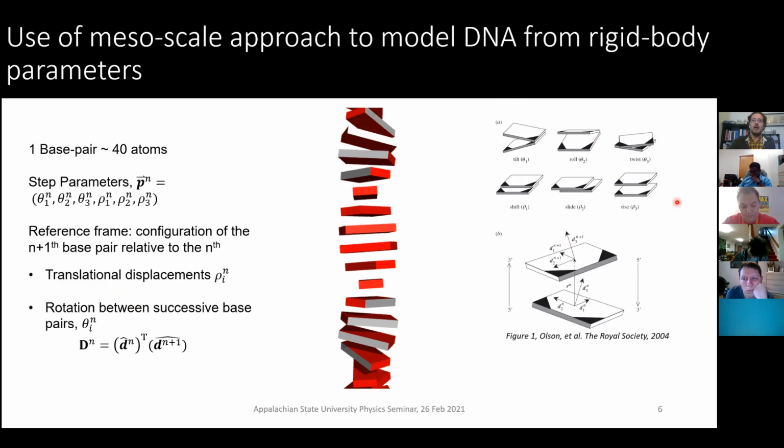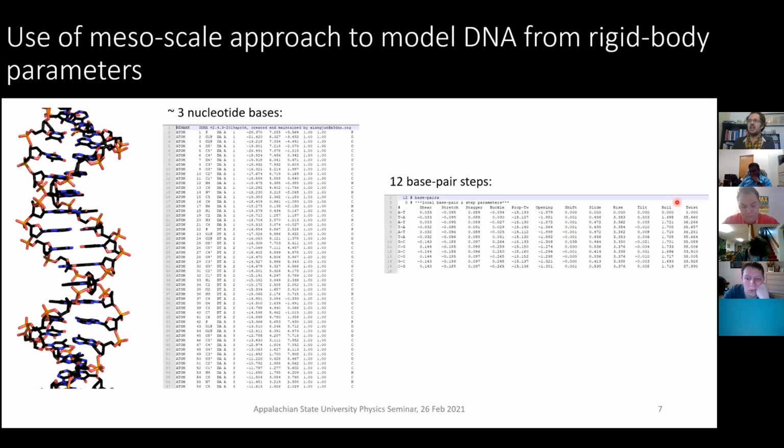And I don't know about you, but if I had to choose between a level of organization, either with this file that just shows approximately 3 bases here on the left, versus working with structures that have 12 base pair steps here on the right-hand side, I have a lot less information on the right-hand side in terms of having to account for interactions, but I'm still able to generate a quality 3-dimensional structure that not only gives us properties in terms of base pair orientation and base pair step orientation, we can still work with sequential information as well.